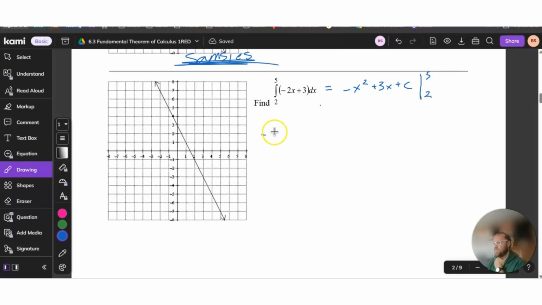Negative 5 squared plus 3 times 5, minus